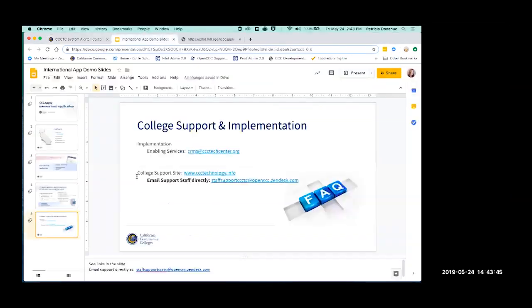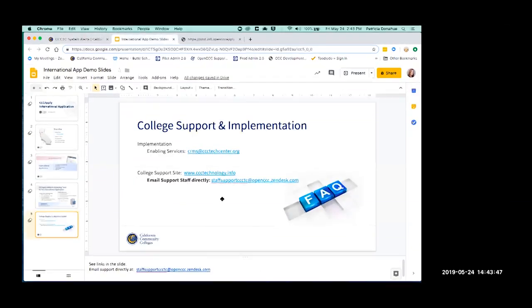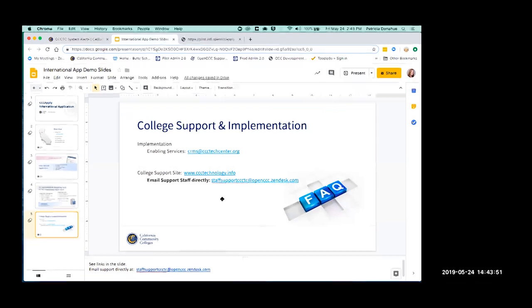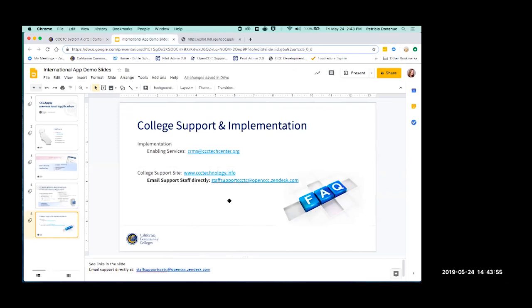The other way to reach support is directly emailing staff support, which is available Monday through Friday, 7 a.m. to 4 p.m. And their email address is